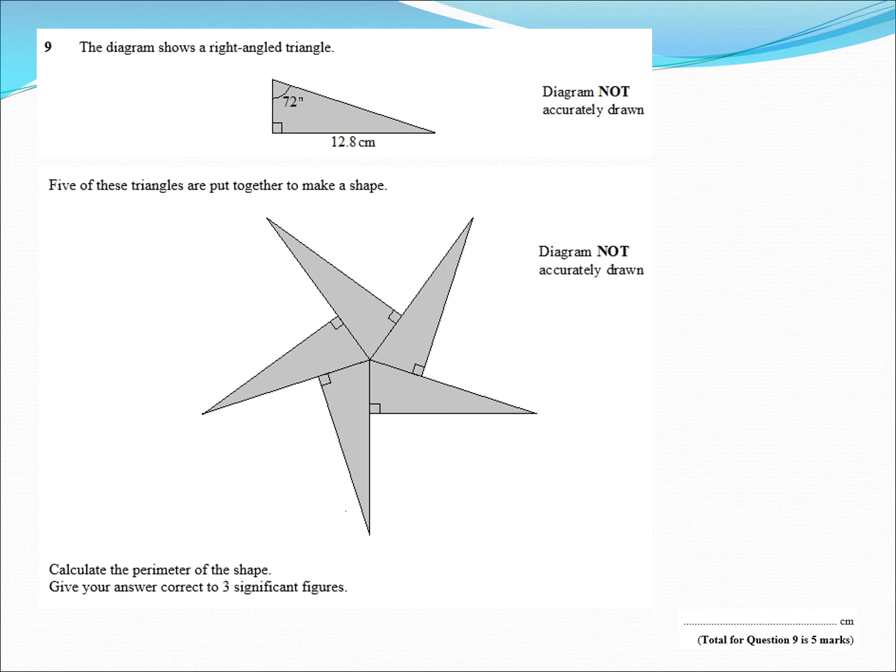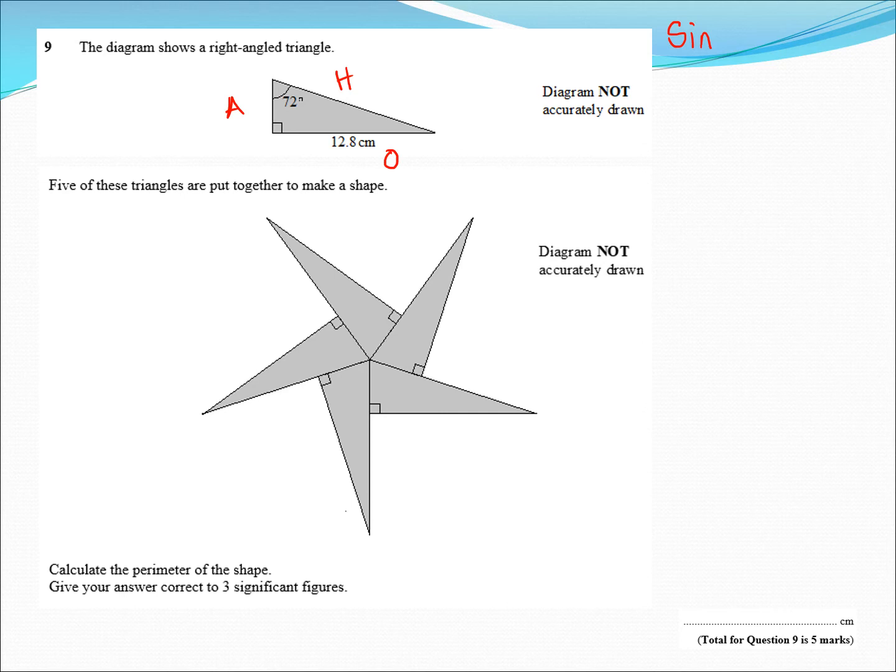We only know one side. So this is the 90 degrees. So that's my hypotenuse, that's the opposite side, and that's the adjacent side. If I want to work out the hypotenuse, I need to use sine. So I do sine